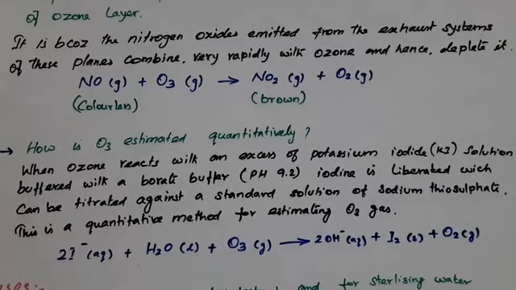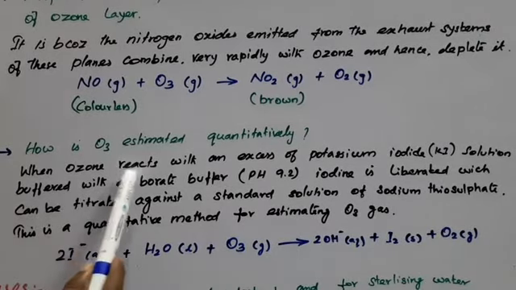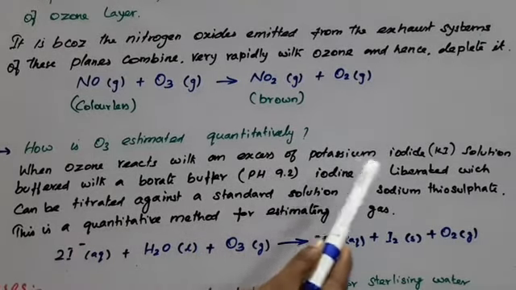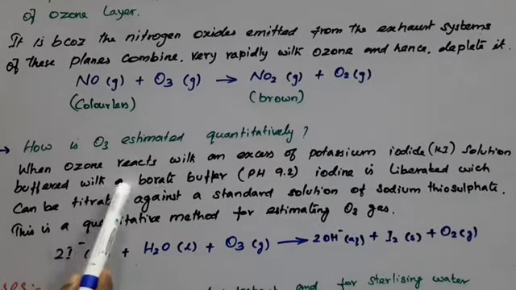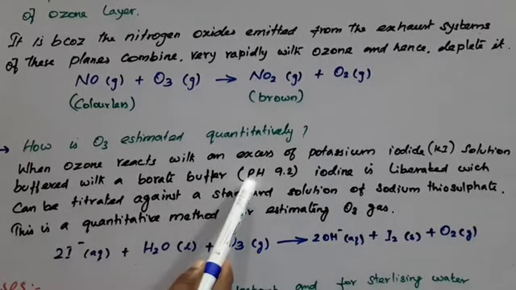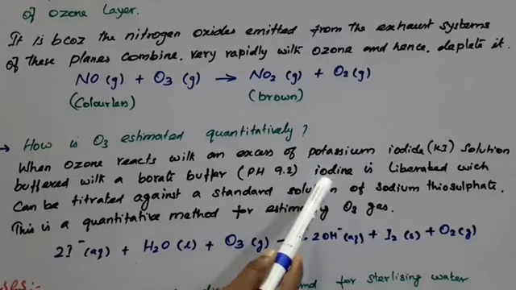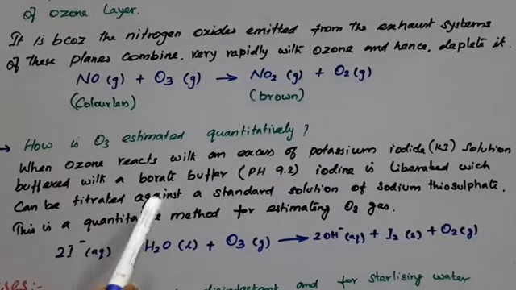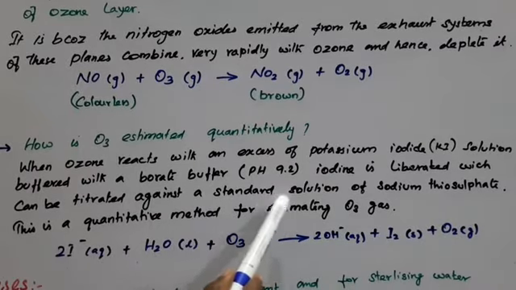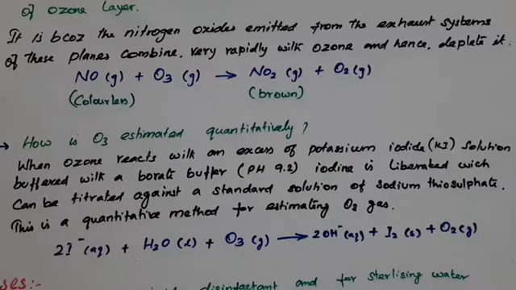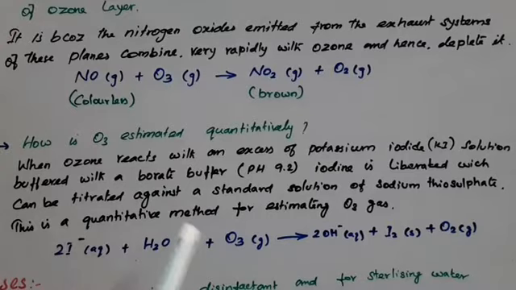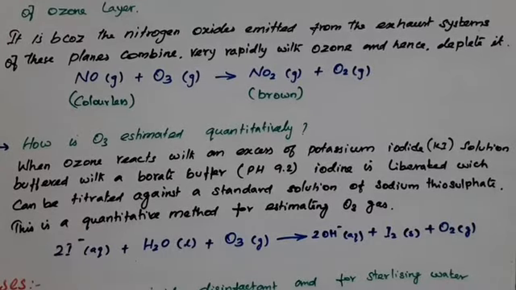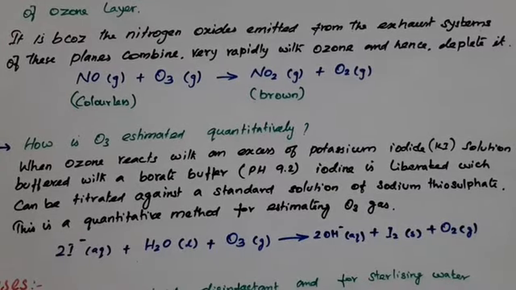When ozone reacts with an excess potassium iodide solution buffered with a borate buffer, pH 9.2, the iodine is liberated, which is titrated against standardized sodium thiosulfate solution. So how much ozone, O3, is